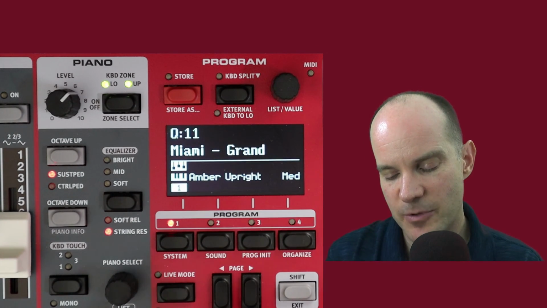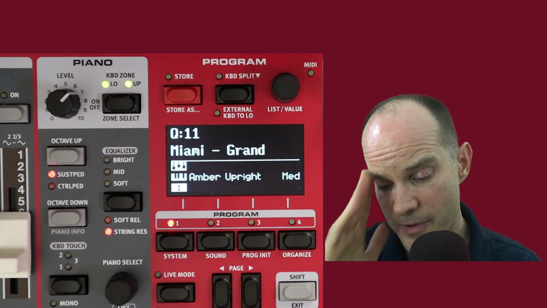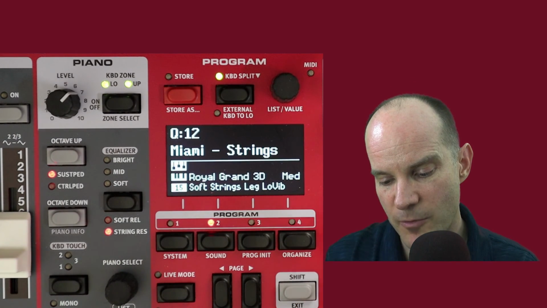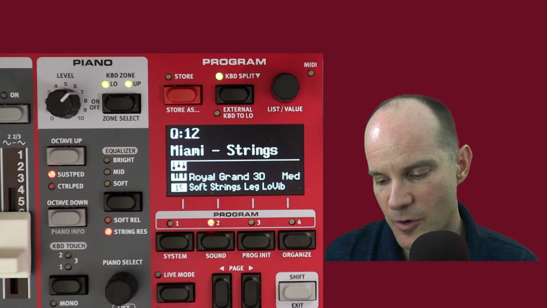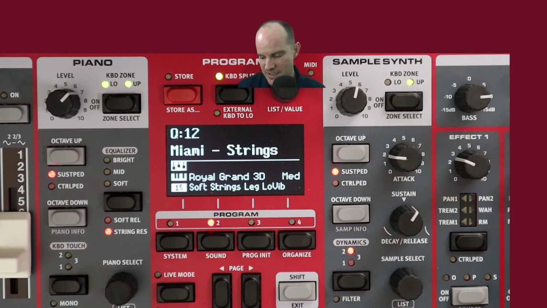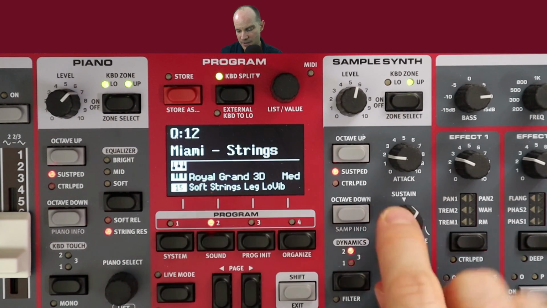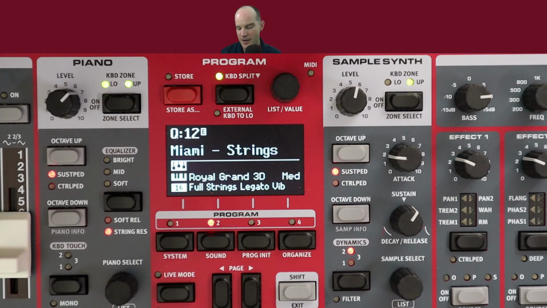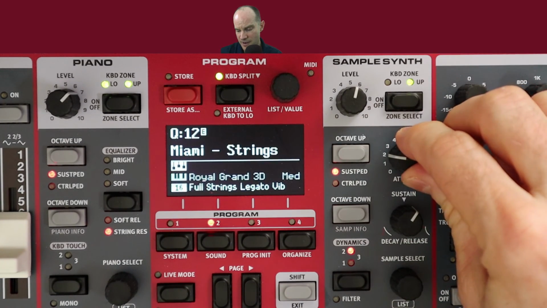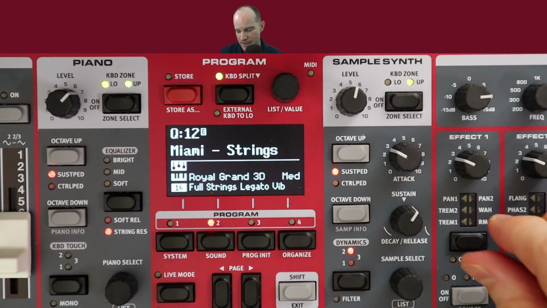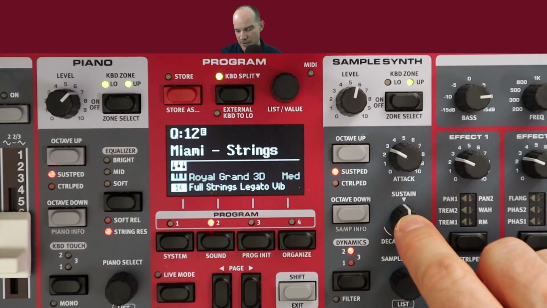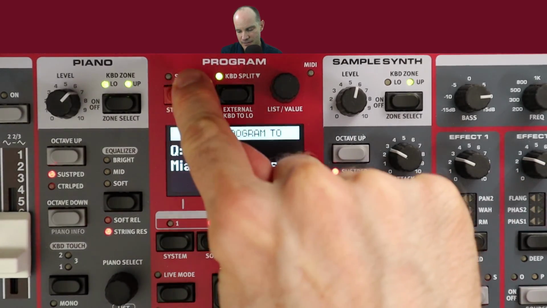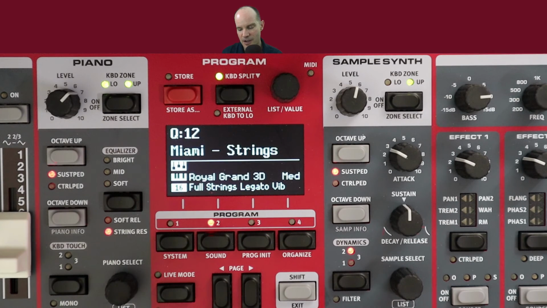All right, so let's take another example. Let's say, okay, I've got my piano for that song, but Mark, you mentioned that there's a string part. Well, what if I don't want it to be soft strings? What if I want it to be another type of string sound? No problem, just tweak it here. For example, let's just say I don't want the soft strings legato. I actually want the full strings legato. And not only do I want the full strings legato, I want a little bit more attack, and maybe, we'll put a split between the decay and the release right here. Now, just save it like this, save it, and now you've got a song program specific to that song,